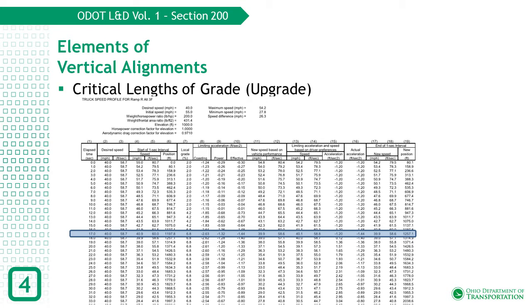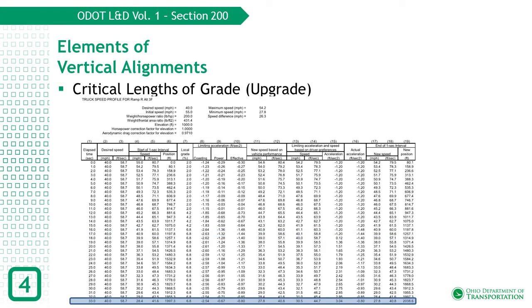This is expected to occur through the +4.22% grade and barely into the +6.75% grade. By the time the trucks get to the top of the +6.75% grade, the speed is expected to be reduced down to 27.8 miles per hour, as shown in the highlighted row. This should be reviewed for LOS impacts based on these slow speeds on this ramp to determine if another profile